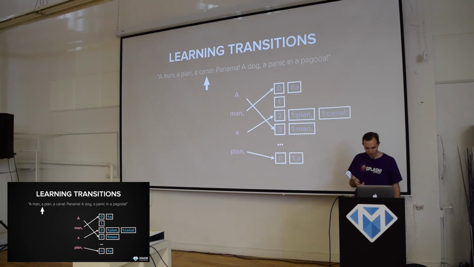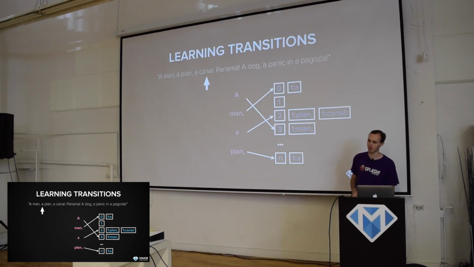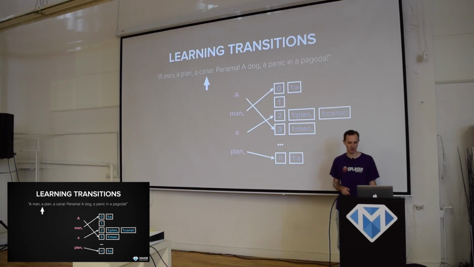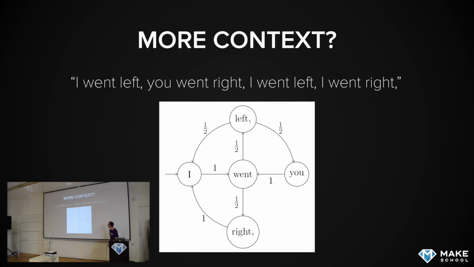All right. So if you implement this and try it out, you'll see this gives much better results than just the dictionary sampling. But we can even do more. So let's consider a different corpus. I went left, you went right, I went left, I went right. So this is the Markov chain we learned from this. And something you'll notice here is that